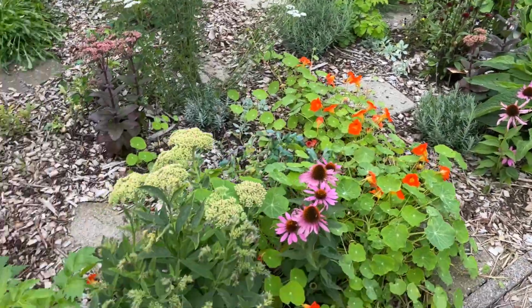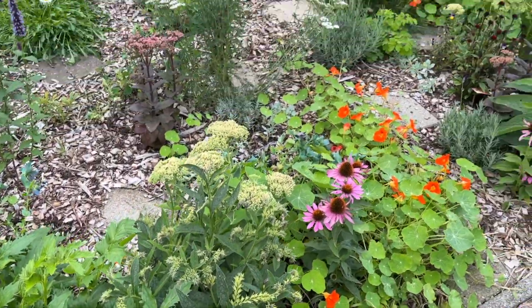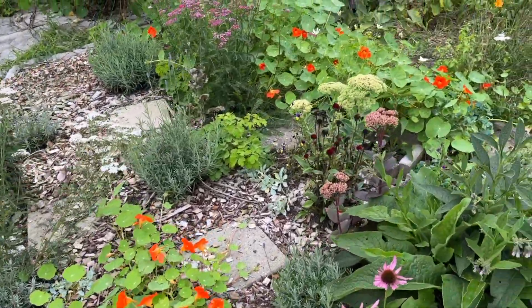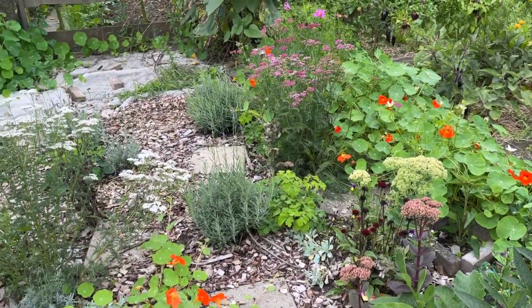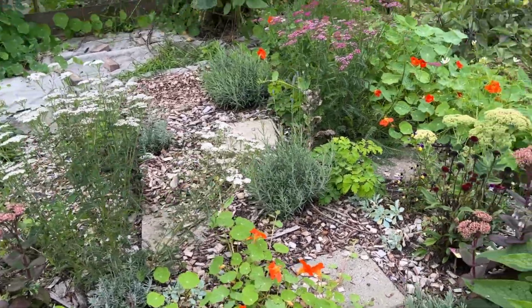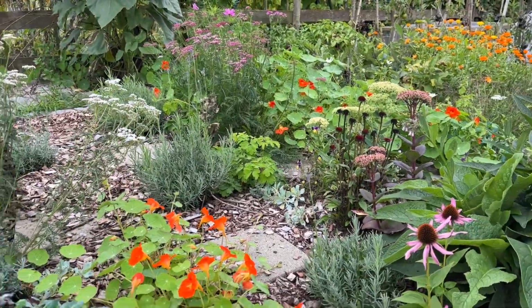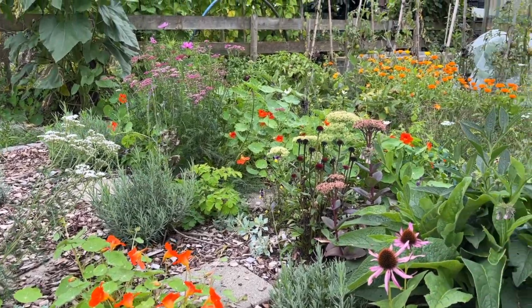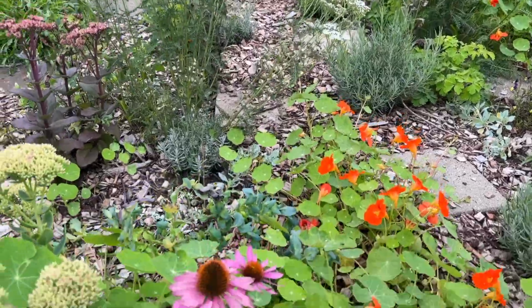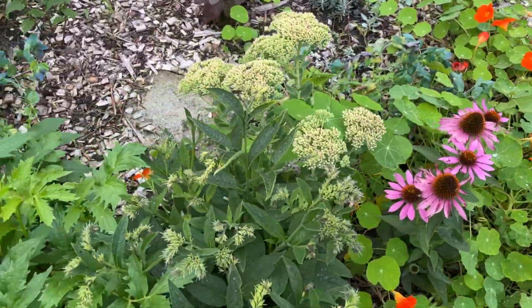Okay, usually we start at the wildlife corner, the wildlife section. We have had the wettest July I've ever experienced. It was raining for pretty much the whole month, so everything is quite green. And this is what it all looks like. I won't go through the plants, but